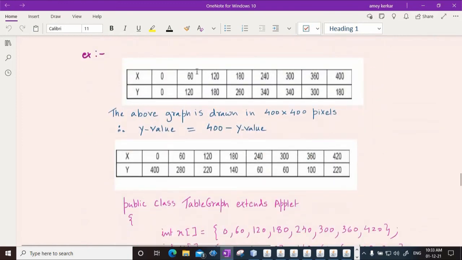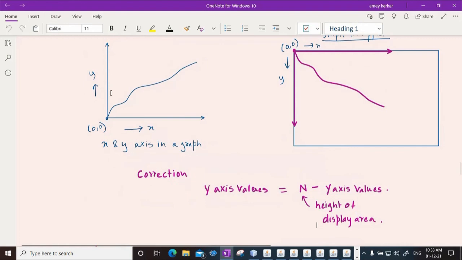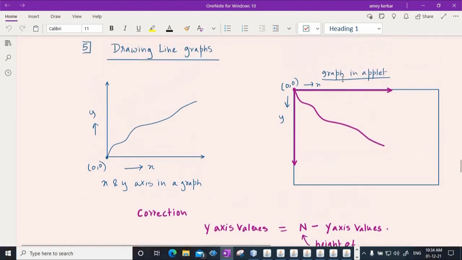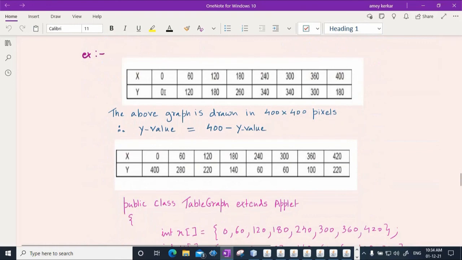Suppose this is the table that is given to us to draw the line graph, wherein these are the x values and these are the corresponding y values. Okay, now this is the original table that is given to us to draw a line graph of this type. However, when you are going to draw the line graph in an applet, this original graph will appear in a tilted fashion. So what we need to do is modify these y values.